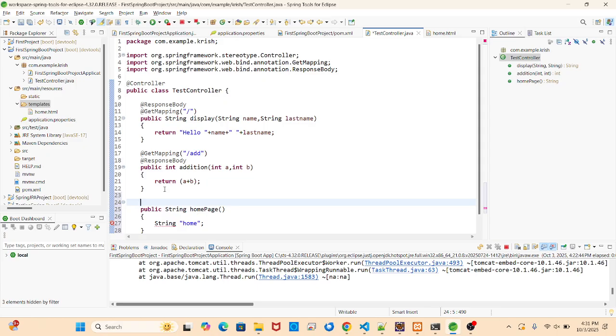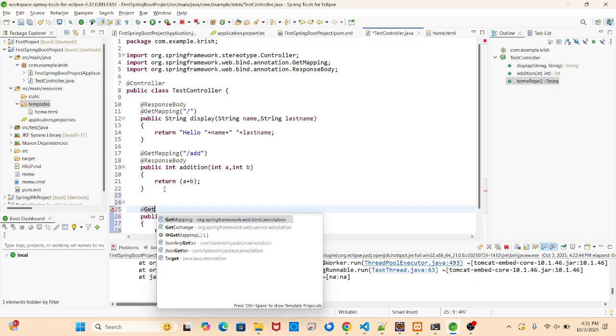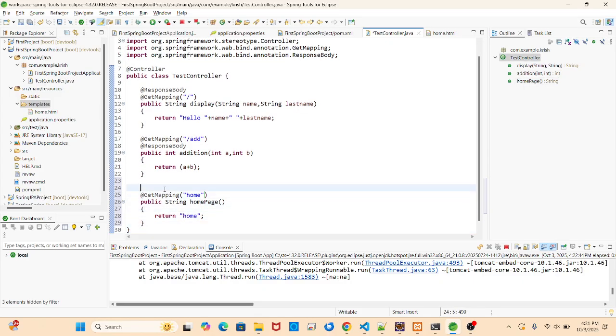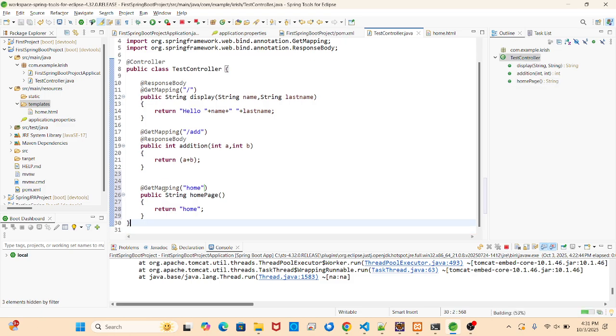Here it is a String, no, it is returned. Here the mapping, again the GetMapping, we will pass the route. Slash is not needed, without slash also it will load. But is there a need for ResponseBody? If we pass ResponseBody, it will just give the text home. But I want the page instead of returning the body. So will we run it then? Let's save it.